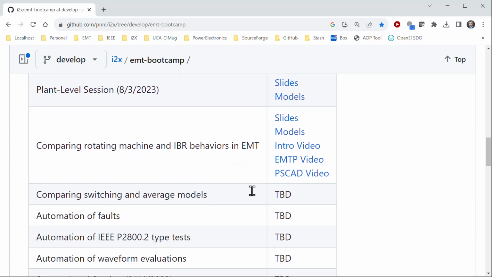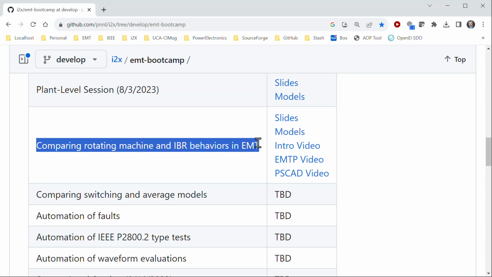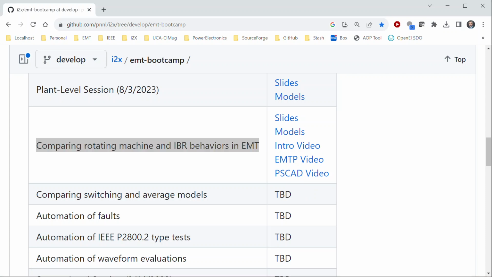We come down here to this example: combined rotating machine and IBR behaviors in EMT. That's the module we're talking about now. Your slides are under this link. The models are under this link. And then the 3 videos are going to be under these links here. So what I'm going to do is